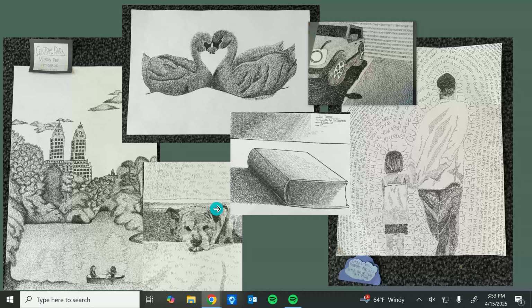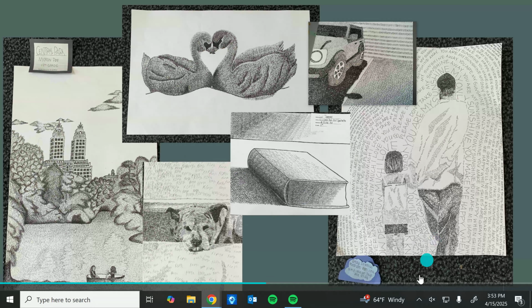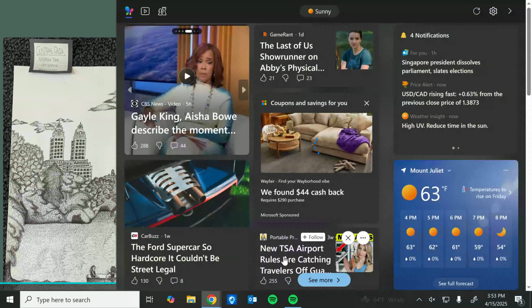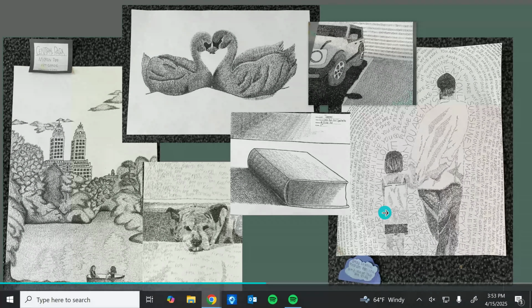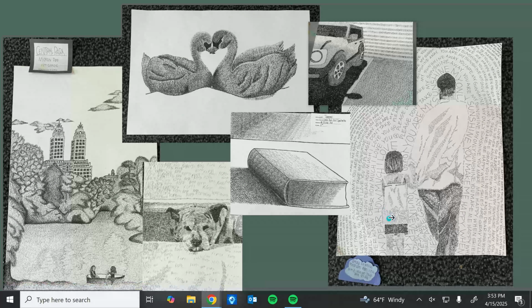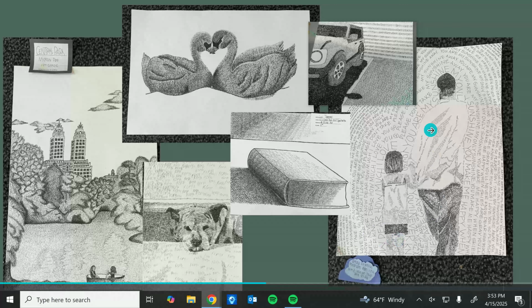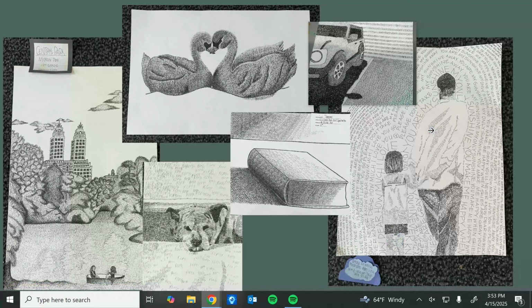So for instance here, Gray used a childhood photo of her and her dad. And then again, just making sure that she's getting all ranges of values and creating a beautiful artwork. Now, something that is lacking here is a background, so make sure you have a background. I'm going to point at